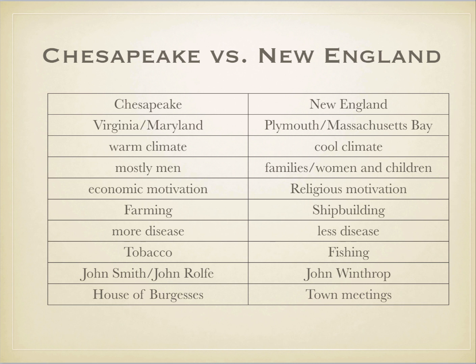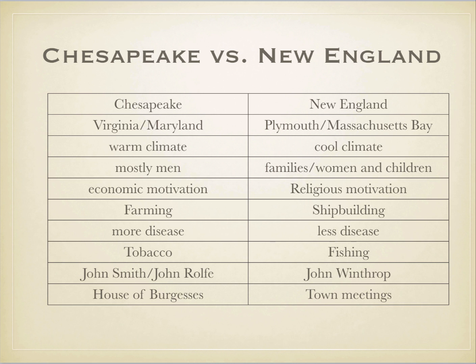The leaders, John Smith and John Rolfe, were the Chesapeake leaders, and this man, John Winthrop, was a very strict ruler of the Massachusetts Bay Colony. He is the one who banished Roger Williams to Rhode Island. Roger Williams believed in a separation of church and state, and he's the one that banished Anne Hutchinson after